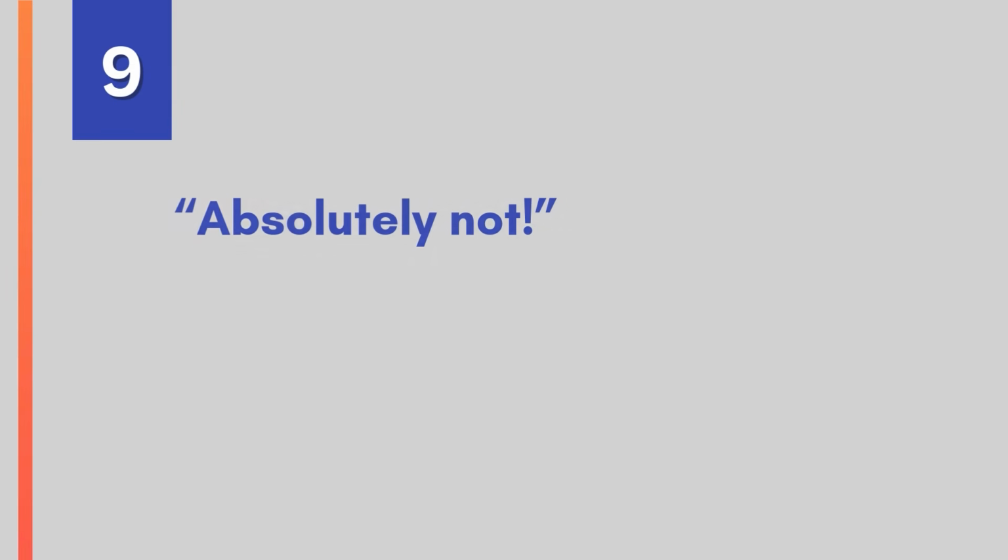Number 9 is to simply say absolutely not. This is direct as you get. The reason you may not want to soften this with humor is that some people may try to cross a boundary that simply should never be crossed, not even attempted. Maybe they're asking you to lie for them or do something unethical. If they're trying to cross an important boundary that any reasonable person would find objectionable, let them feel the discomfort